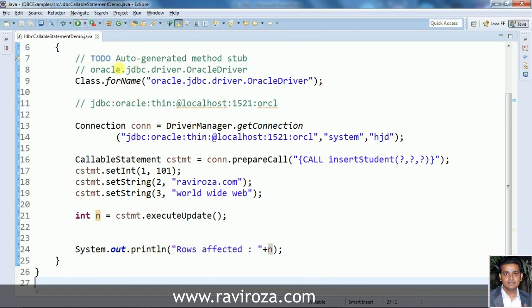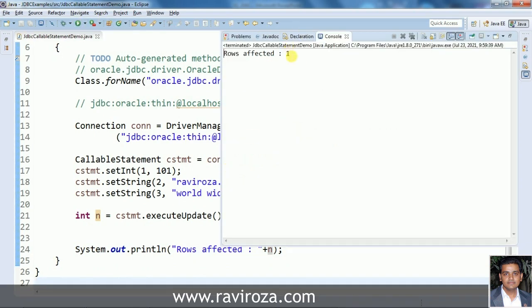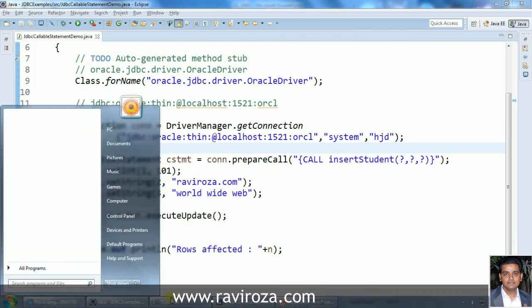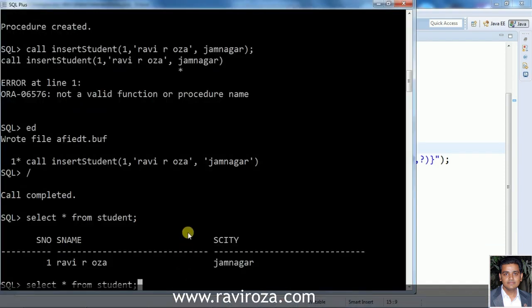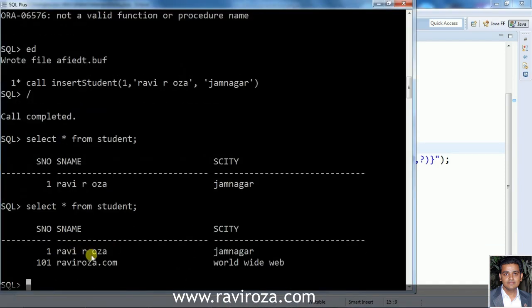Let's run the application from here. One row affected. Let's cross verify it. SQL select star from student. And as we can see, we have two records now. One was inserted directly from Oracle, this serial number 1, and 101 is being inserted from the JDBC using callable statement. So in this way one can use the callable statement for